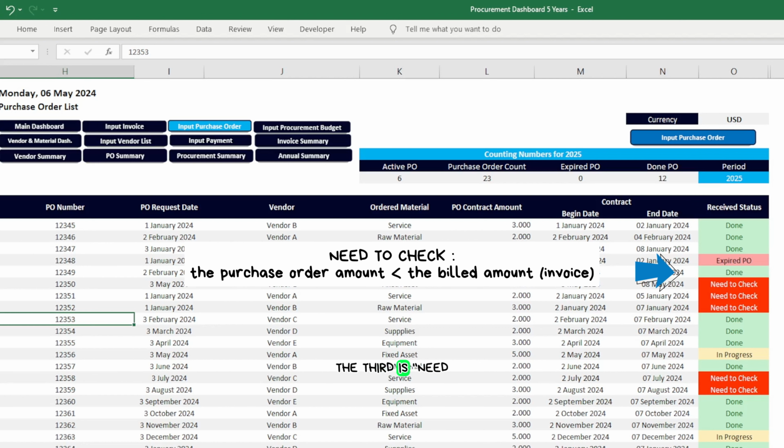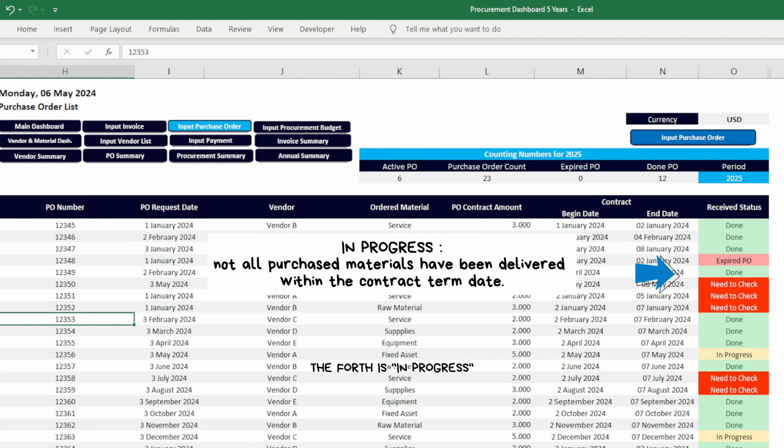The third is need to check. It indicates that the purchase order amount is less than the billed amount or invoice. The fourth, in progress, indicates that not all purchase order materials have been delivered, but they are still within the